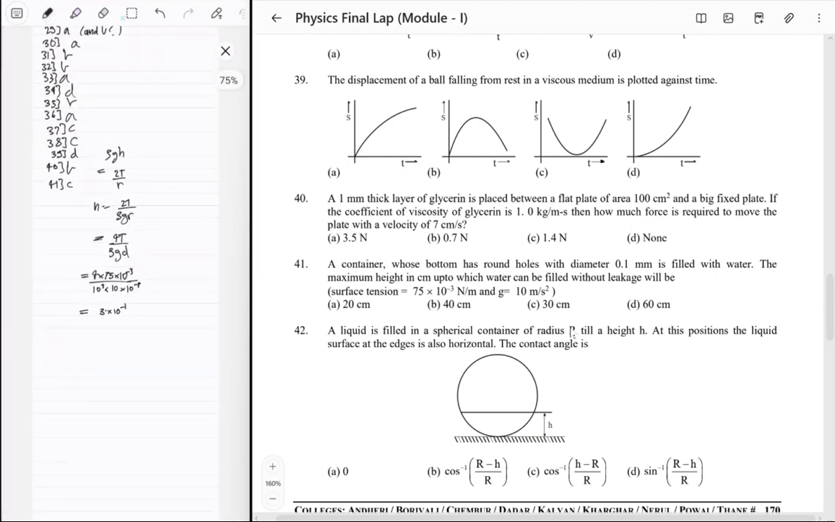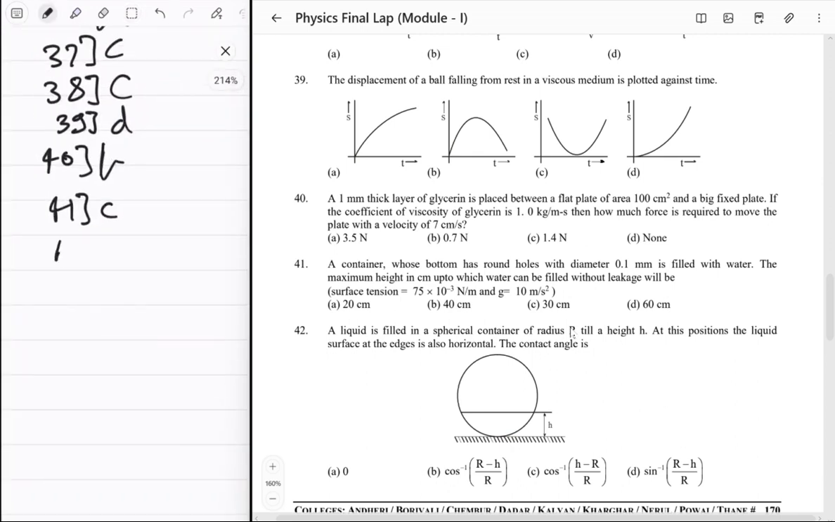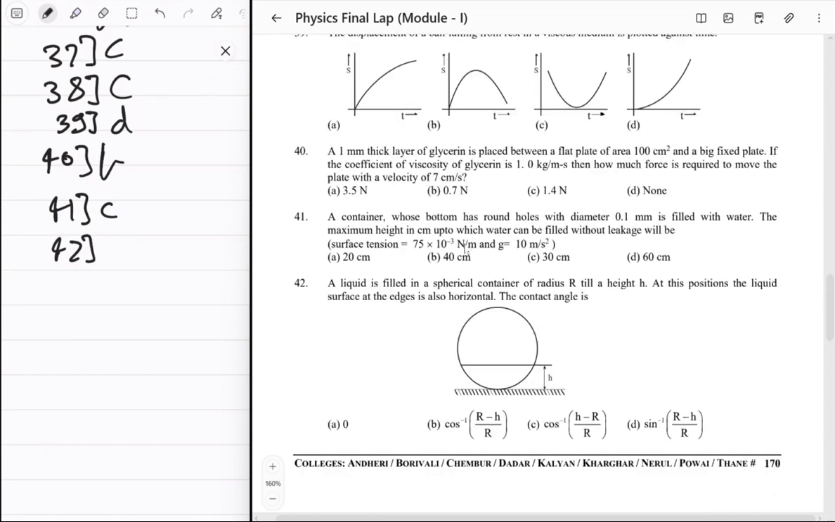42. A liquid is filled in a spherical container of radius r till a height h. At this position the liquid surface at the edge is also horizontal. So at the edge, which edge? The contact angle is